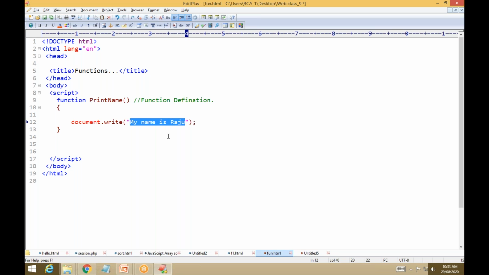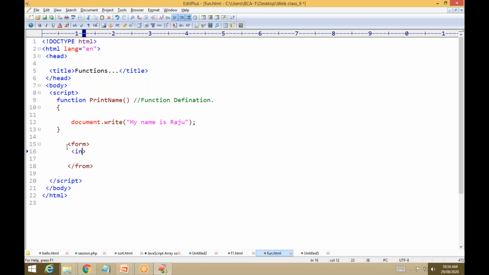So what you have to do, in the body section, you have to create one form, because if you want to store any information, you have to create a form. This is form control. When you create a button, that is called form control. So within that form you have to write the input tag.